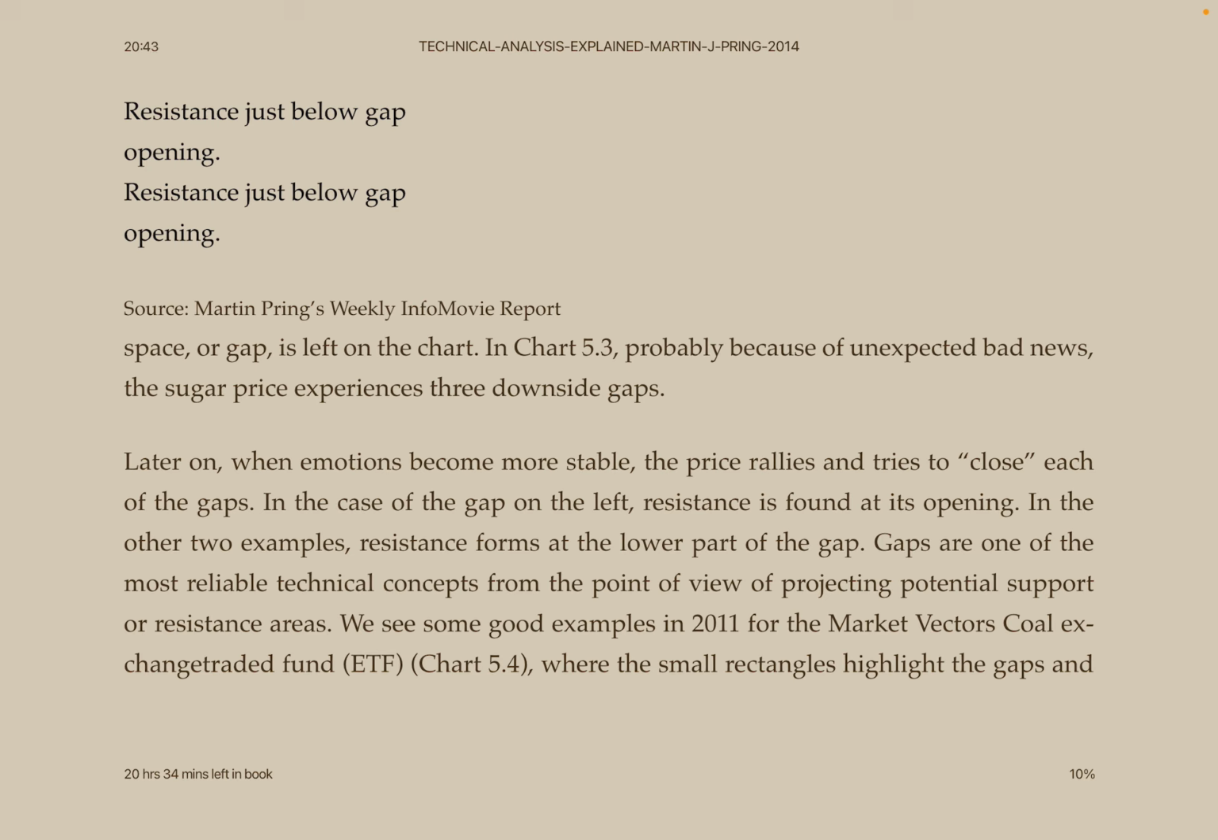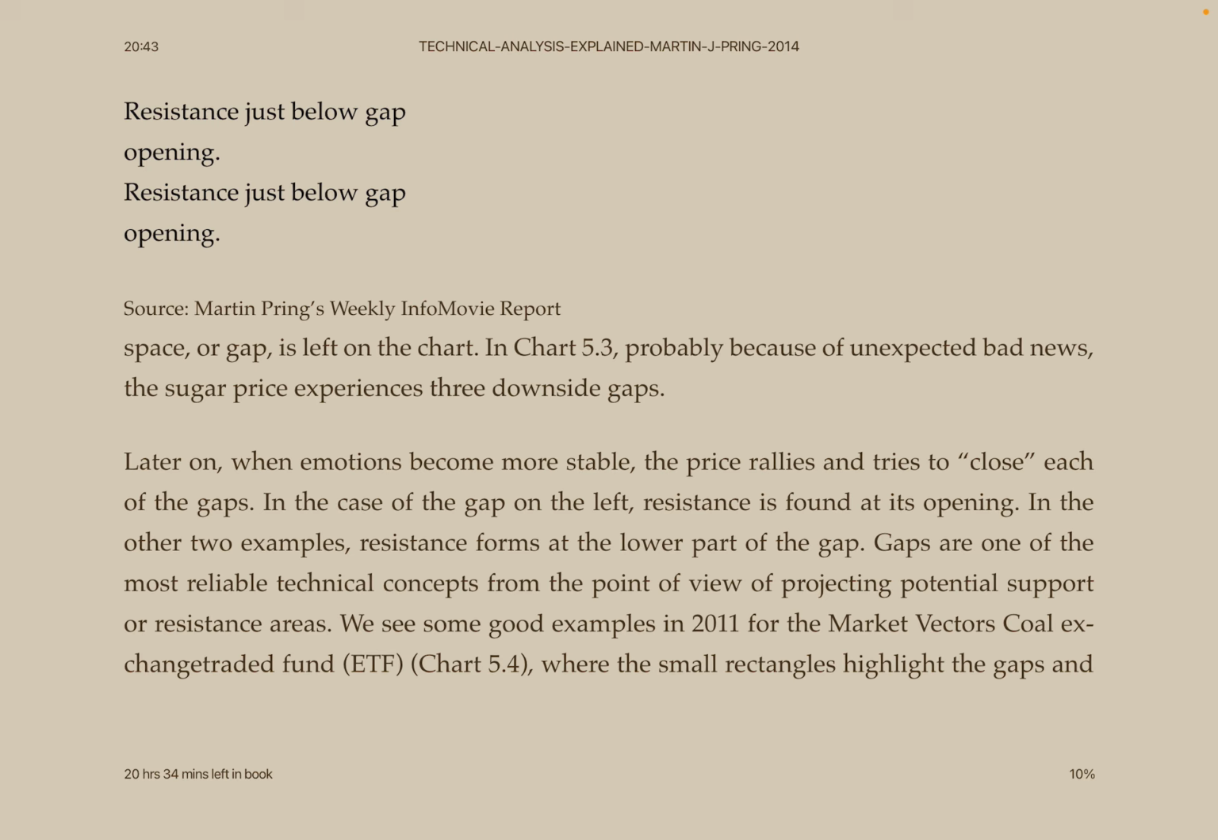Later on, when emotions become more stable, the price rallies and tries to close each of the gaps. In the case of the gap on the left, resistance is found at its opening. In the other two examples, the resistance forms at the lower part of the gap. Gaps are one of the most reliable technical concepts from the point of view of projecting potential support or resistance